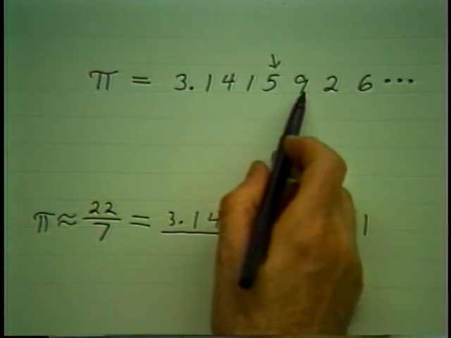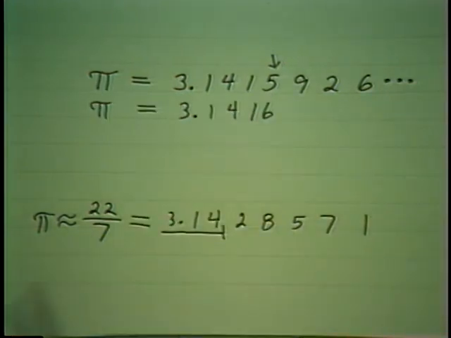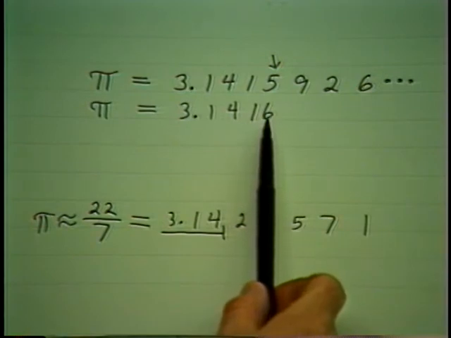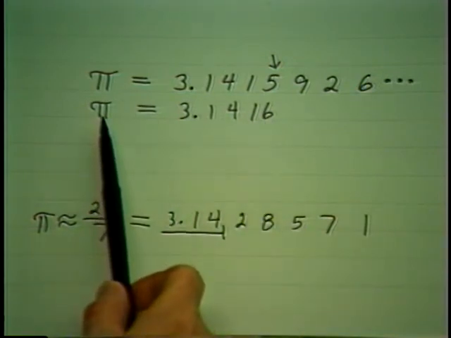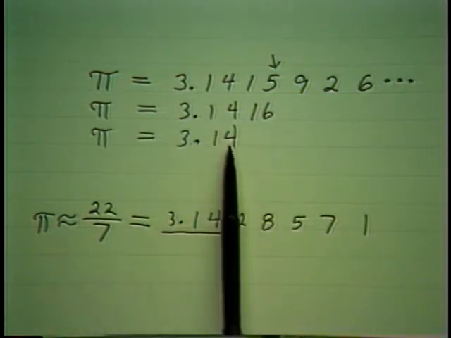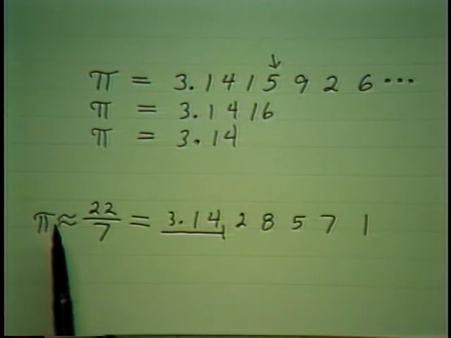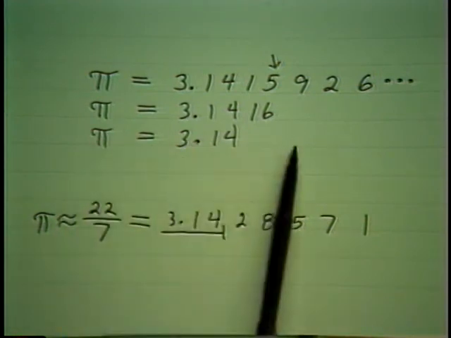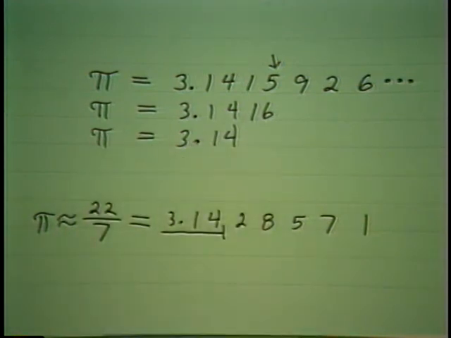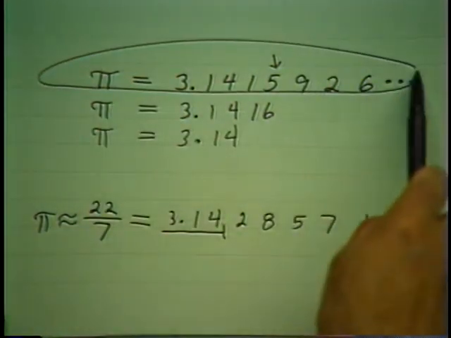Of course, since that's 5 or more, that would round up, and I would get that. And most frequently, you have seen the approximation of pi rounded to the nearest hundredth. How much accuracy you use really depends on what you're using with the number and how much accuracy you need in your measurements. Let me give you a rather cute way of remembering this value